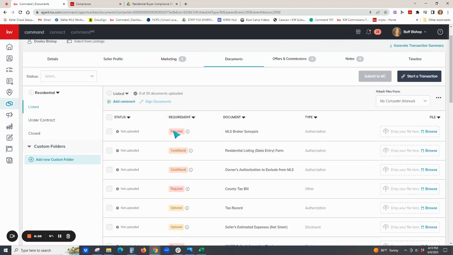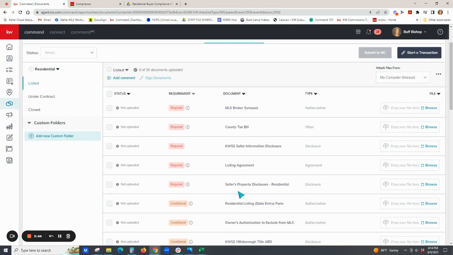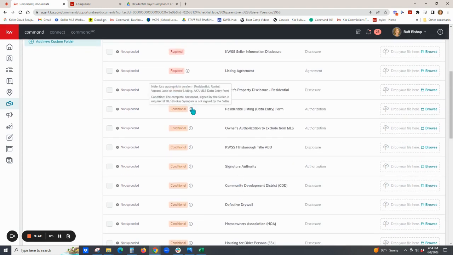And it tells me whether the document is required, conditionally required, or optional. If the document is conditionally required, there's an i next to it, and when I hover over it, it gives me the explanation under what conditions the document would be required. If I sort for the required documents to the top, then I know I have to have these documents regardless of the property. And then I would go through the conditionally required documents and identify if any of those apply